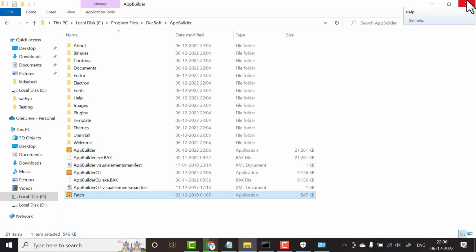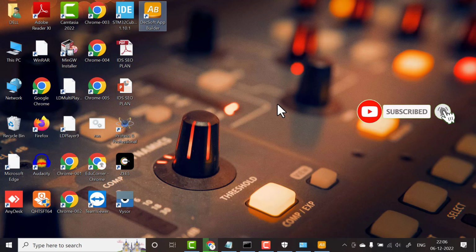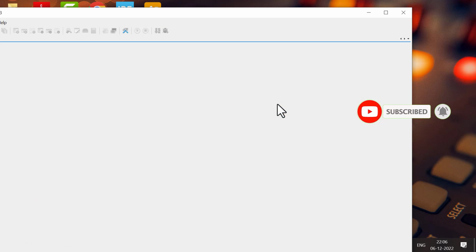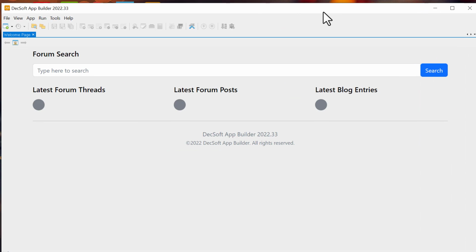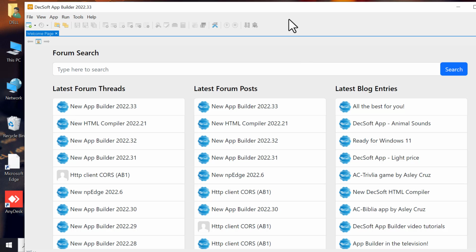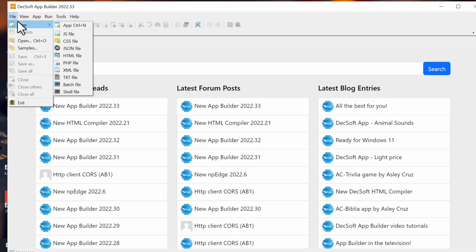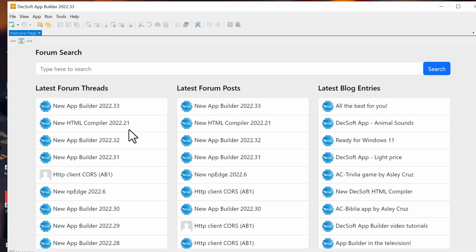Okay, so now you have successfully installed your DecSoft app. Now you open this application, because on the desktop you can see the shortcut created, DecSoft app builder. So here you can see it is successfully installed. Now I will show you one simple application, how you can create an Android application with this software. So here File, New, then App,